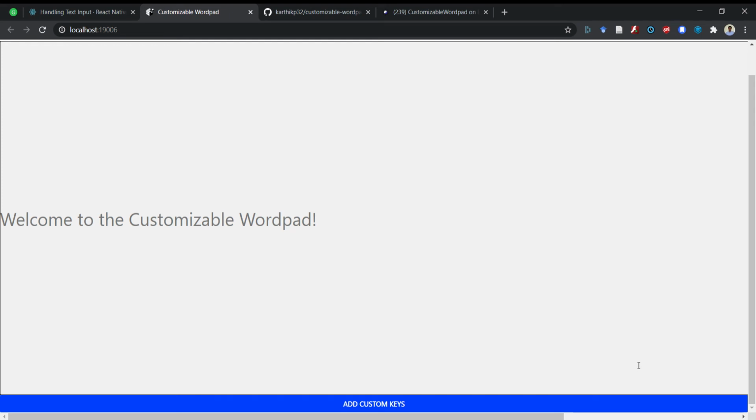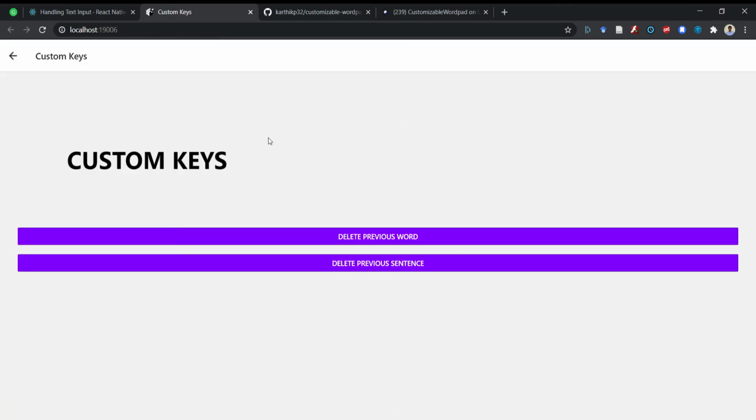So right now I'm calling this the Customizable Wordpad, and the core piece of it is what I just mentioned, is the ability to add custom keys. So as I click here, I can see a list of custom keys. Because this is a prototype, I've limited it to 2 keys just to limit the scope, consider the time of this class. So as an example, I'll show you what it looks like when the student would click on the